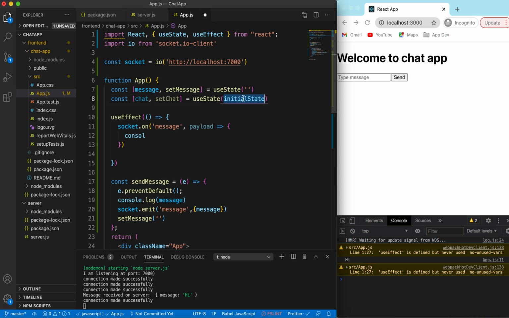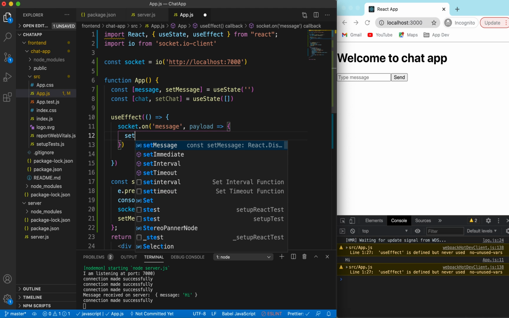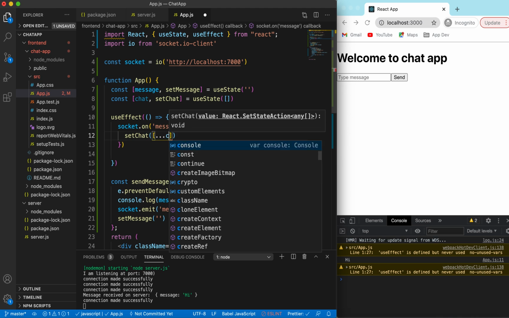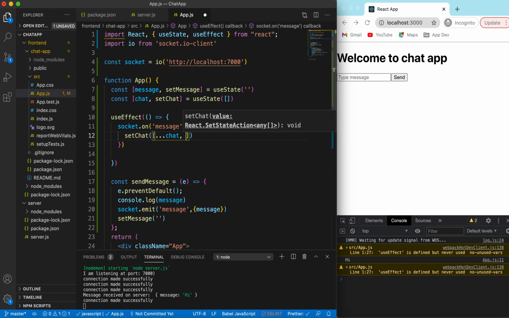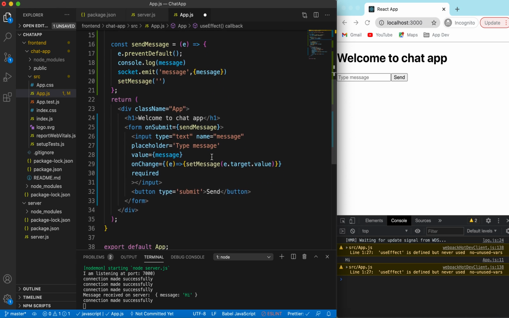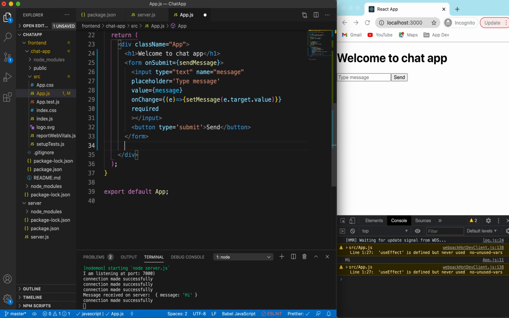Initial value will be an empty array, and we will be adding all of the messages in this array. So let's try adding setChat, and its value will be all of the messages we have right now, in addition to the payload we have received. Right,